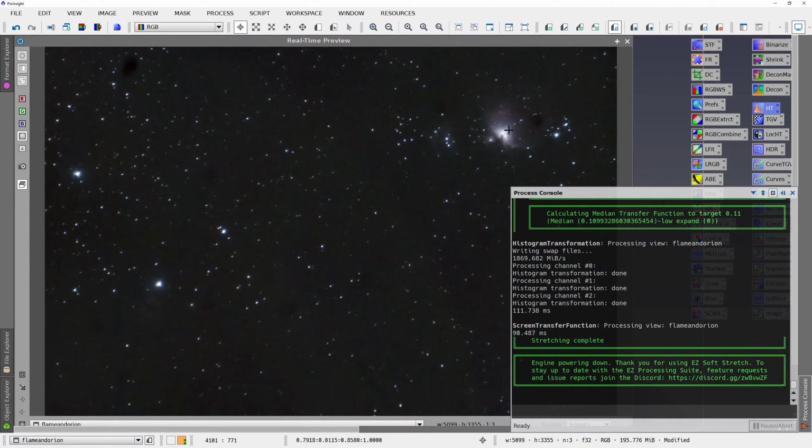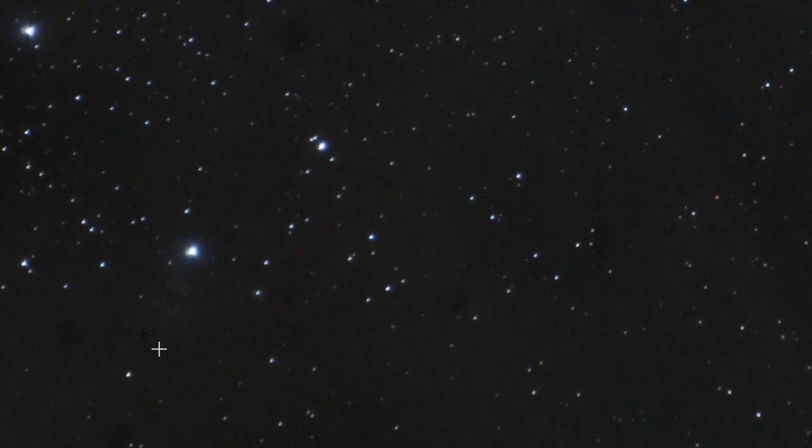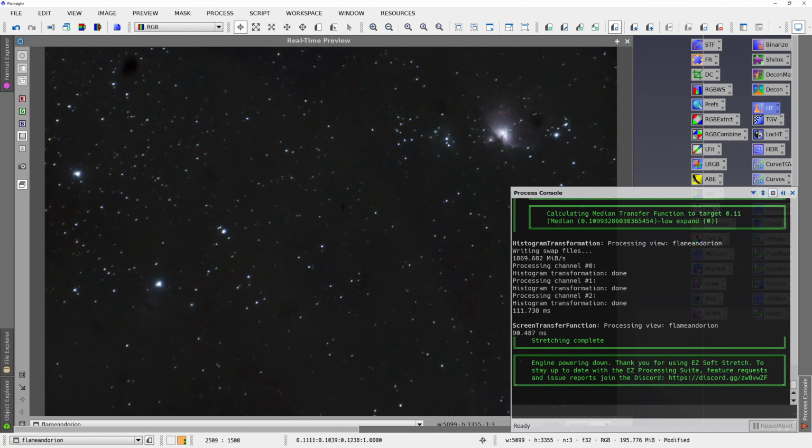So we need some final touch up. Right now the flame nebula is really faint. You can kind of see it here. My stars are still irregularly shaped despite the deconvolution, and I just want to draw out some more intensity. So what I usually do is what we call multi-frequency processing. Our high frequency is the bright areas, which is the stars. Our lower frequency is the nebula. So what I'm going to do is